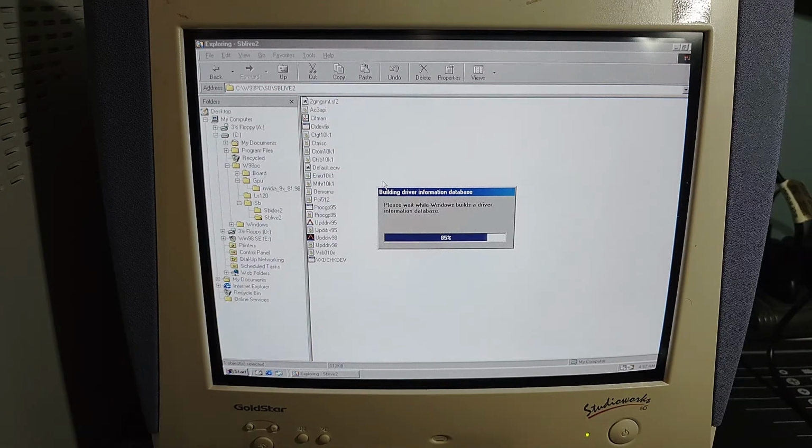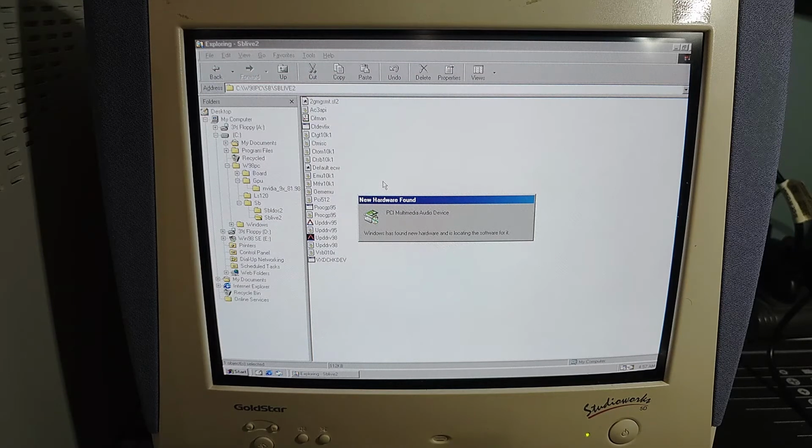There it is. Okay, I was wondering what was going on. Why is it taking so long? But oh, PCI multimedia audio device. Our Creative Sound Blaster Live Value card is recognized and now getting installed. So, with any luck, we'll actually have sound coming to these beautiful stereo speakers on this StudioWorks 5D monitor. I'm hoping that that is going to be the case, because that's obviously the whole point of having this wonderful setup, is to have these